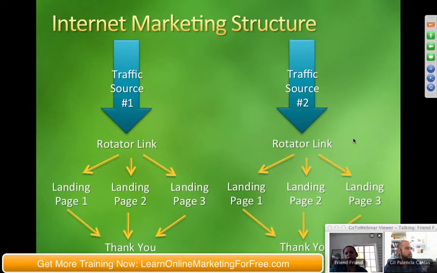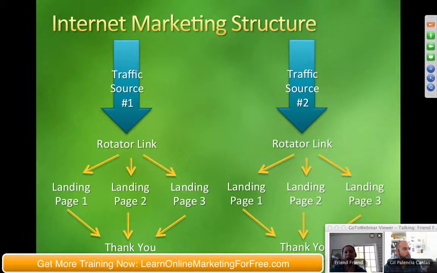Okay. And here's a great visual, just so you guys can see it and break down all the stuff that we're talking about. There's going to be a traffic source, and we'll get into the different types. You want to send that traffic source to a rotator link. If you're not sure what that term means, please go back and watch the previous sessions. But basically, a rotator link is the idea that you're going to give a traffic source one link,